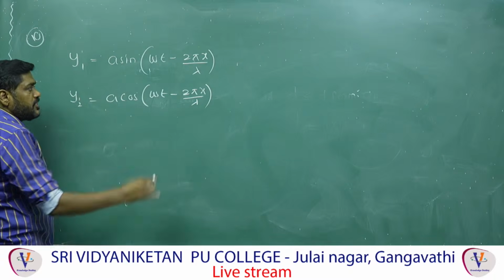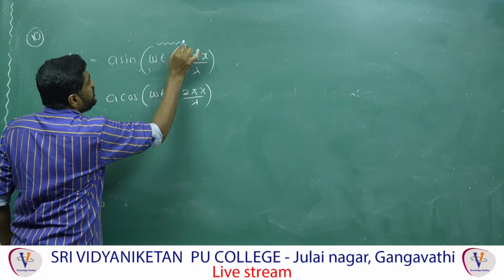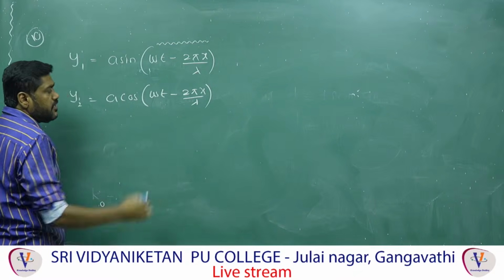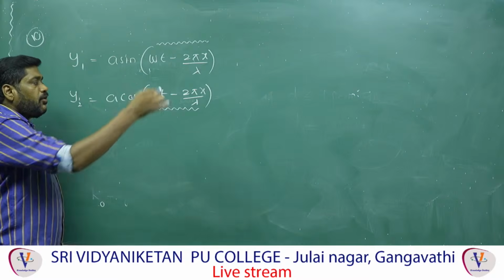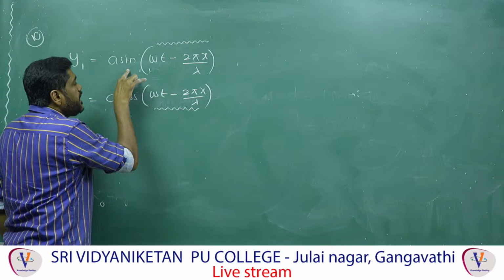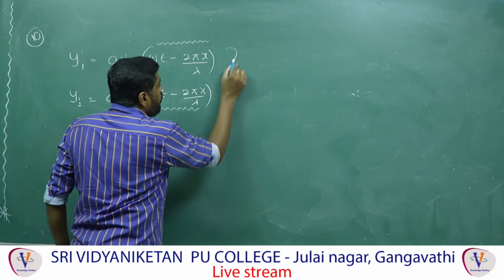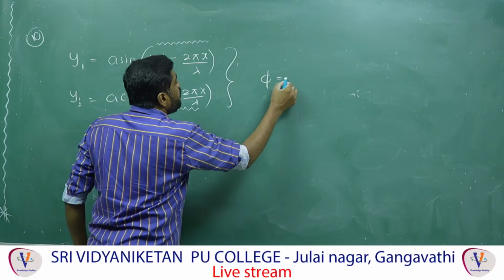If you look closely, the angular function is the same: omega t minus 2 pi x by lambda in both. Here sine is there and here cos is there, therefore the phase difference is compulsorily